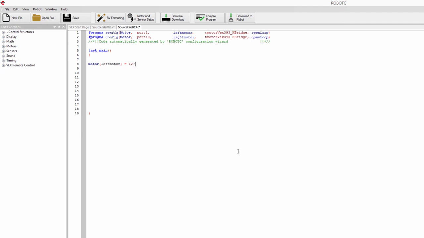It's located right next to the L on the keyboard, and it looks like that. Okay, enter. We're going to do the same thing, but now with the right motor. So square bracket, right motor, close off the square bracket, space, equals, space, and then say the speed, 127, and